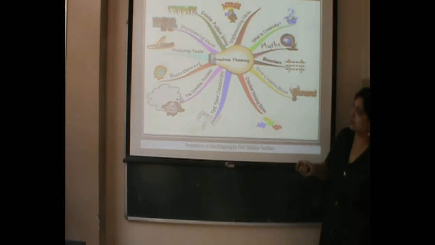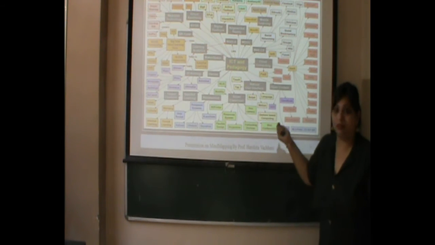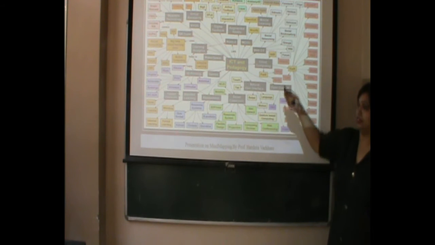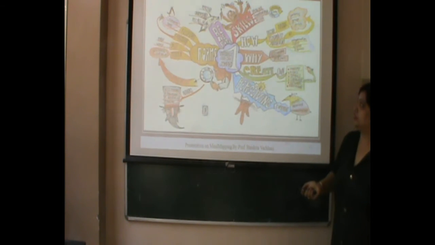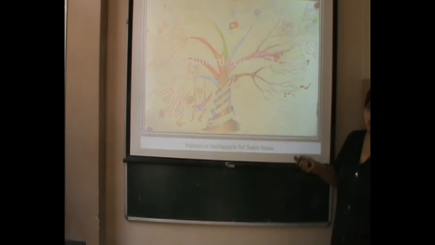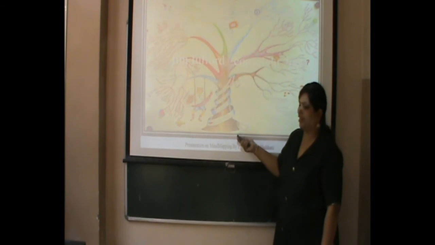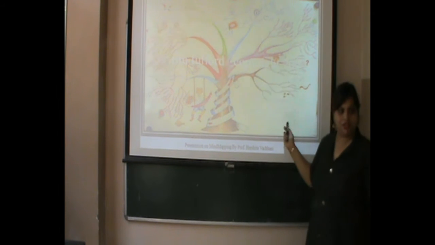Now these are again some examples. You can just go through it. Now this is one which is being drawn through the software, ICT and pedagogy. This is one kind of mind map. Now this is again a kind of mind map. Now again you can draw like this. Some students are very creative, so they can draw a tree diagram also. They can draw a tree and they can draw the branches and the sub-branches.